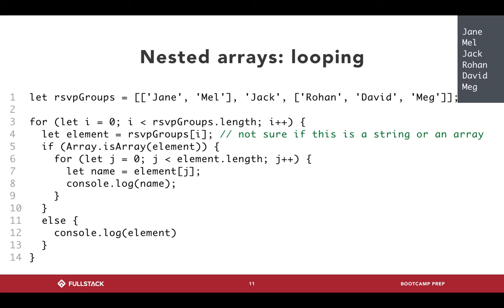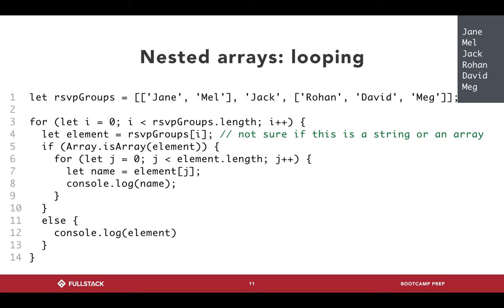Instead, what this middle function does, on line 5 there, we see this array thing again. It actually checks for each element to see if it is an array. If it is an array, then we see this inner for loop that goes through that inner array and prints out each name individually. And if that element is not an array, then we'll just print it out here on line 12 like we have historically, right? And so by doing that, we're now able to not only print out things at the quote unquote outermost level,